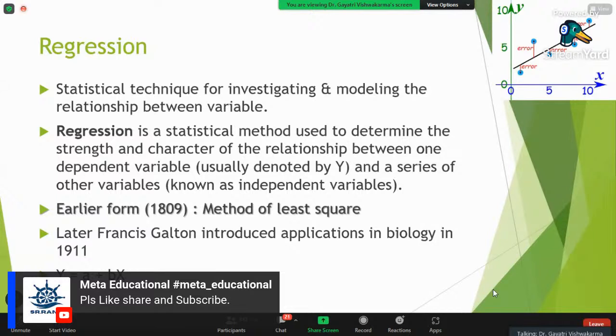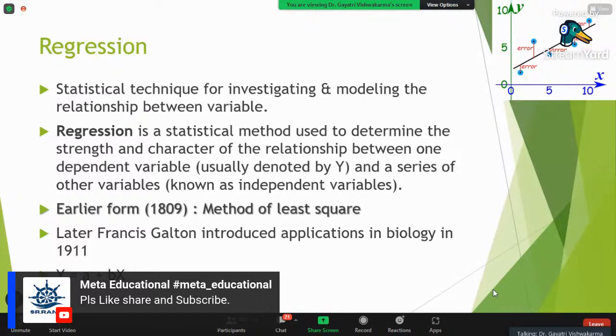Now in correlation, x is related with y with the same degree whether we calculate x versus y or y versus x. The relationship will not change. But when we change the dependent and independent variables, the whole prediction and equation will change. So you have to define beforehand what you want to predict with the help of what. You can say this linear relationship is defined by y equals a plus bx, which is the equation of a line, y equals mx plus c, which everybody has studied in class 10th.